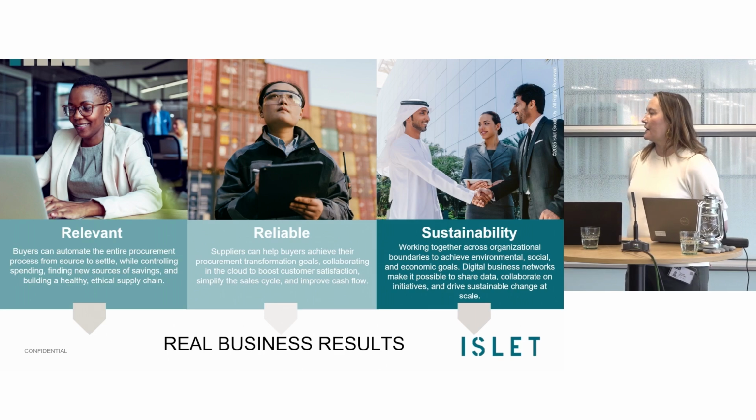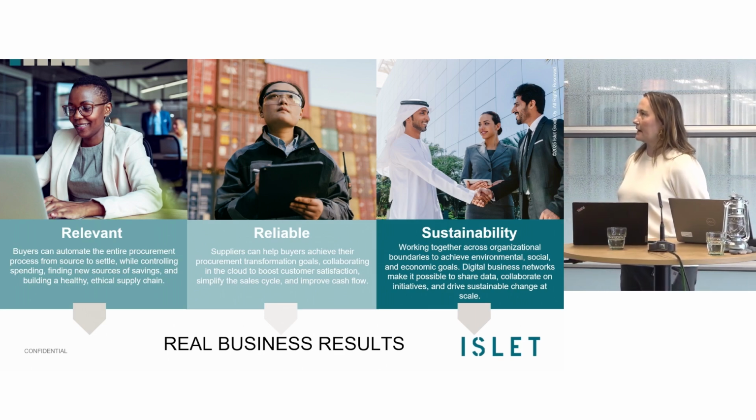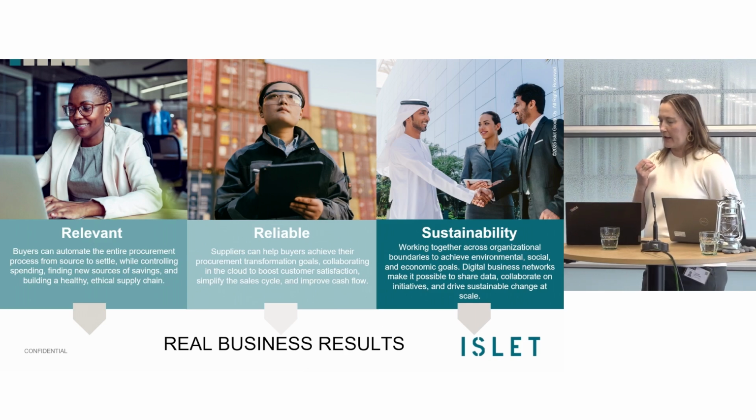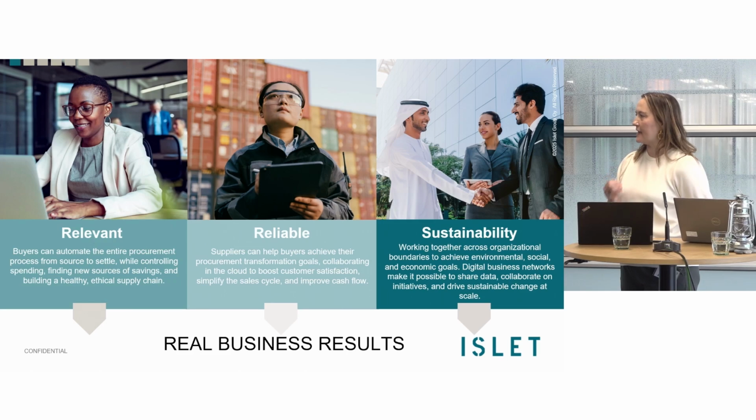If you look at the business results and what is the most important, these are just a few things that I listed here. So how do we get real business results within the business network? There are multiple things that we need to take into account. But one thing is always how to automate the processes, how to get the best possible data, how to make sure that you are reaching the savings that you are looking for within your supply chain, for example. So it's really relevant for the business operations side.